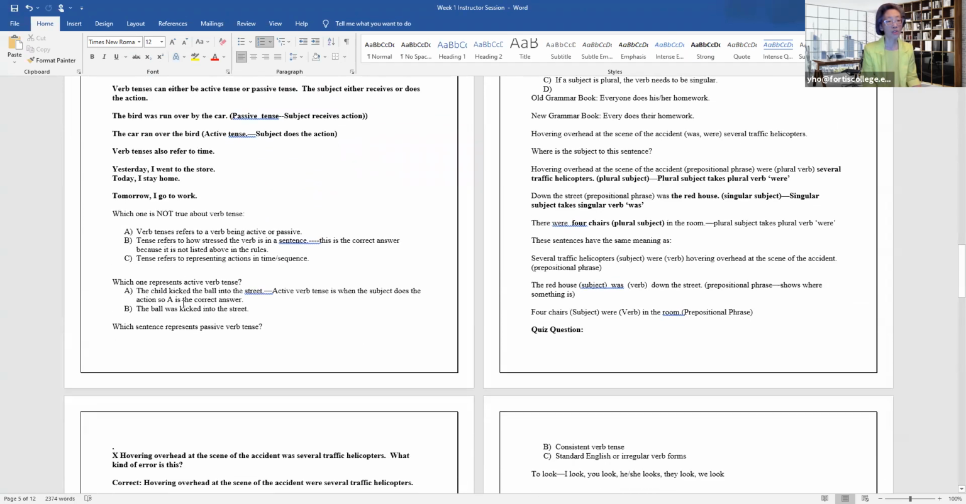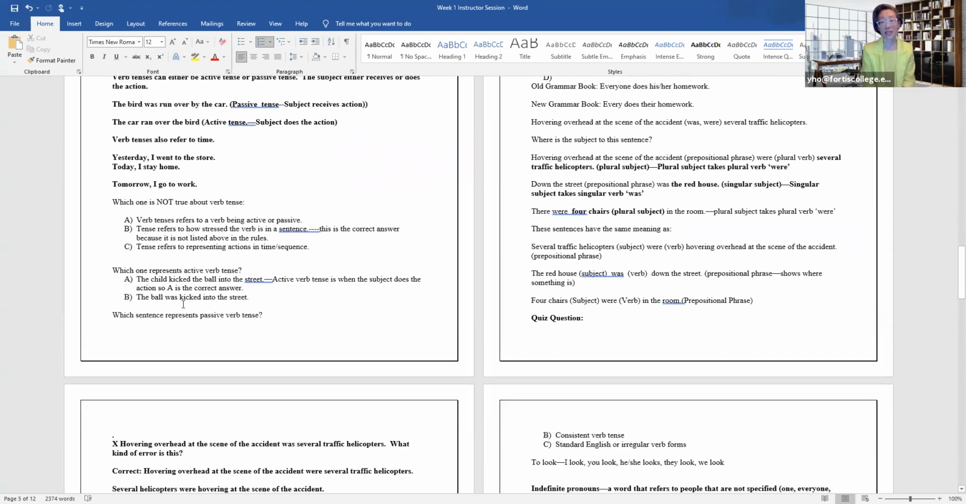Tense refers to how stressed the verb is in the sentence. So that's not correct because when something is stressed, it's a syllable. So if I want to say invitation, or here's an example, British English, you would say privacy. And